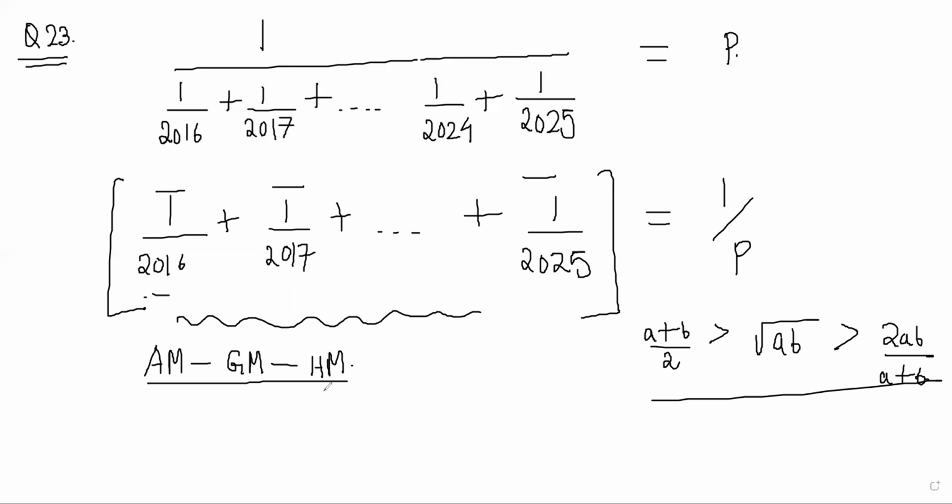No, we don't need to, because then we'll be able to say that AM is greater than that. I will not be able to get specifically which one it is, but I'll be able to say some inequality, but that will not help. I will be able to say it is greater than something, and I can approximate that other part, right? Because the product will be slightly easier. When I do the GM of these numbers, it will be the 10th root of the product of 10 numbers, right?